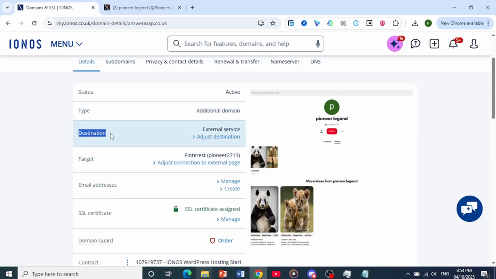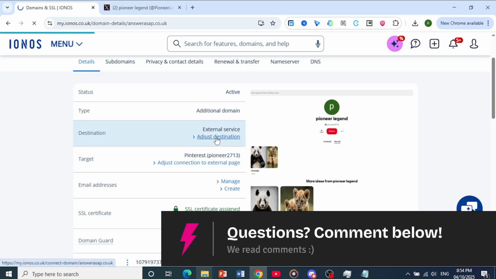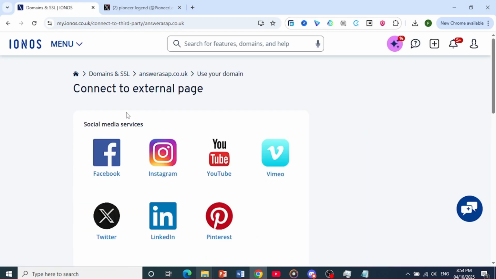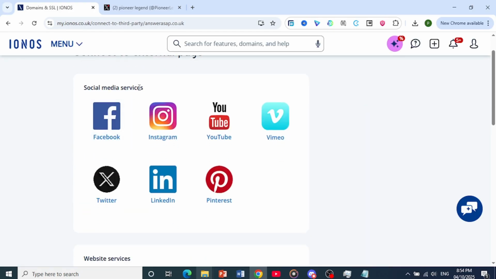So here you'll see destination under details. And I want you to click on Adjust Destination. Now, it's connected to Pinterest, so click here, Adjust Connection to External Page. Click on this, and then here under Social Media Services, you'll see Twitter, which is now X, so you click